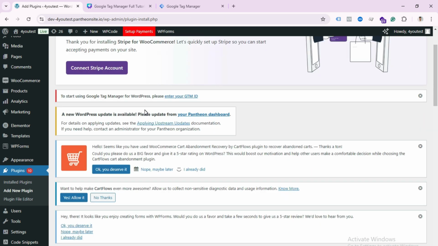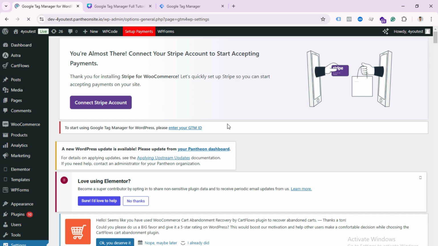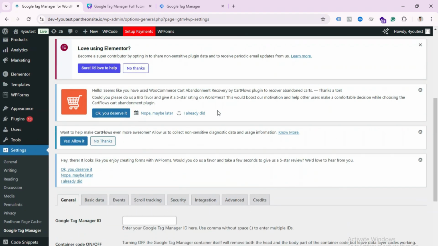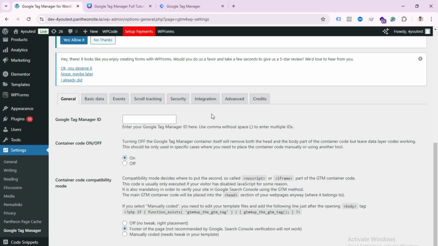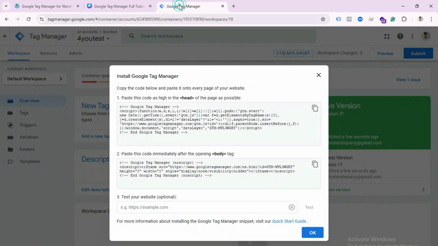After activating the GTM for WP plugin, if you hover over the Settings option, you can see here is Google Tag Manager. Then click on this. After clicking on the Google Tag Manager plugin, you can see a screen like this. Here we can see Google Tag Manager ID. So now if you open your Google Tag Manager account, you can see here is code, but in the code